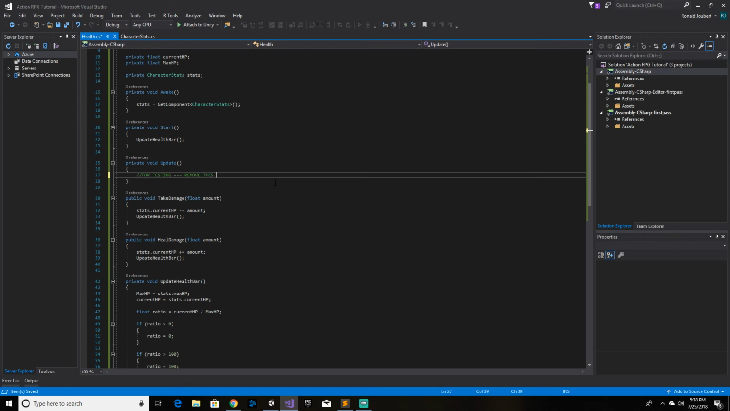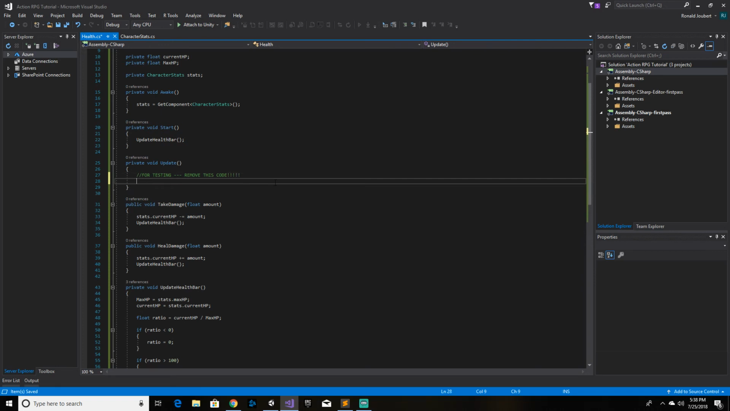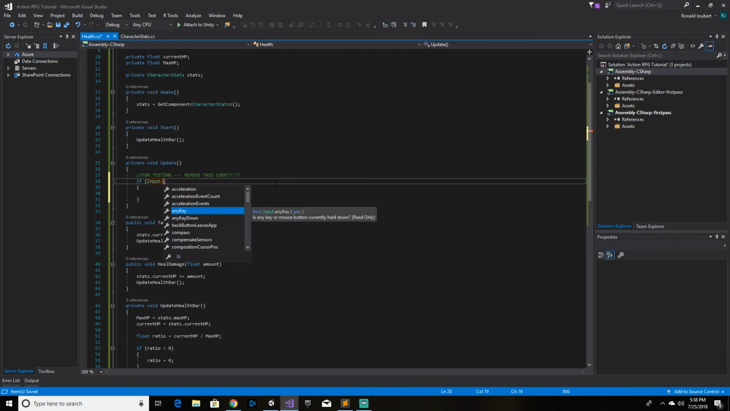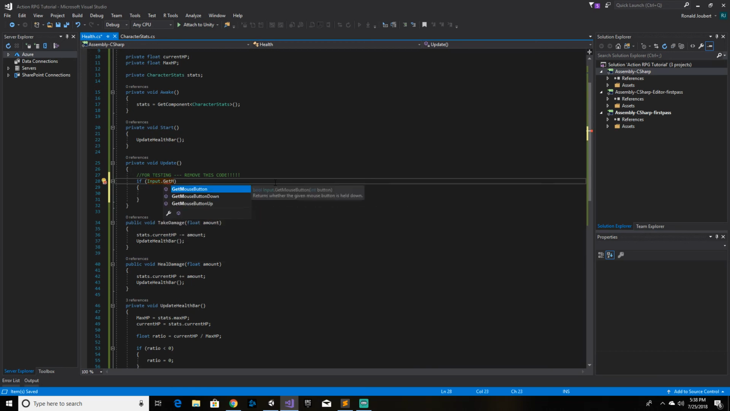Remove this code. I'm going to do an if statement. If Input.GetMouseButtonDown(0), so if it detects that I pressed the left mouse button,